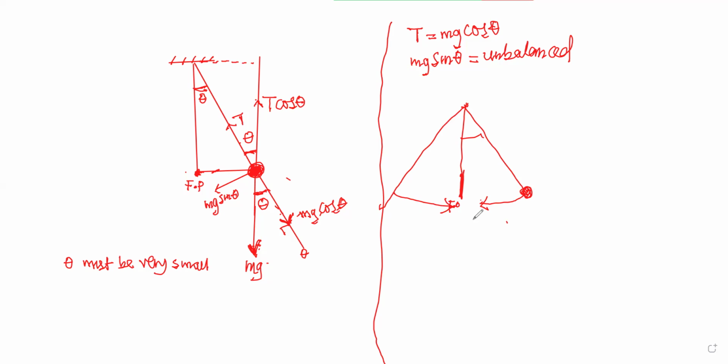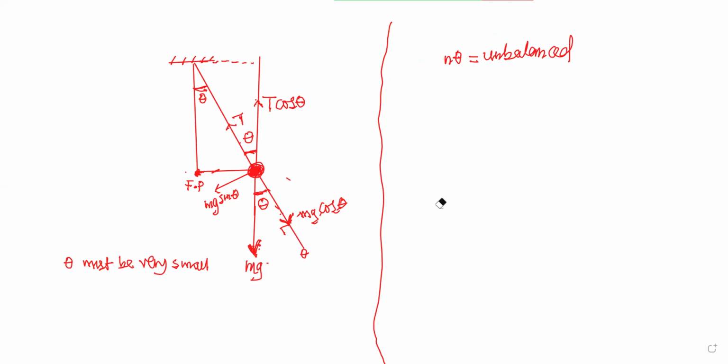So the force which always does this is equal to the mg sine theta component. So for a simple pendulum, the restoring force, for the motion of a simple pendulum